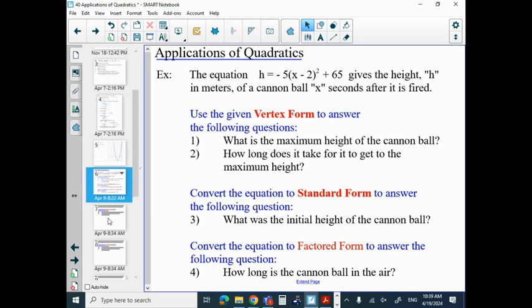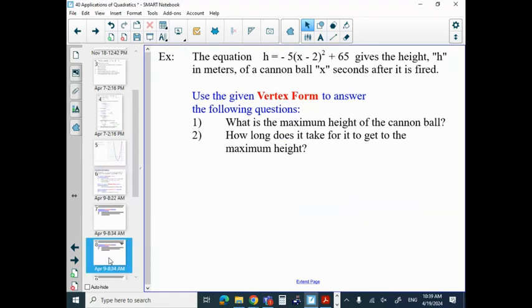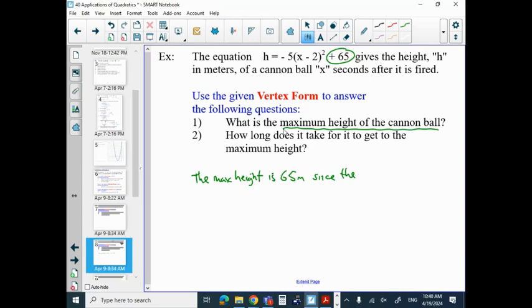There's your definition. There's the equation, and then h is height in meters, and x is the time in seconds for this cannonball that's been launched. So we are going to use that given vertex form to answer some questions. So the answers we can get right from the form given would be the maximum height of the cannonball. So the maximum height of the cannonball would just be this y value from the vertex. So we can say right away, just from that, the maximum height is 65 meters,